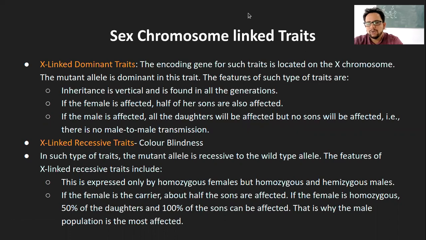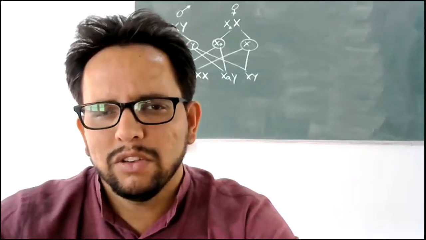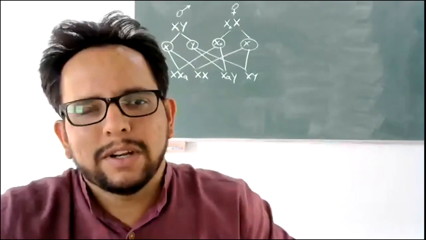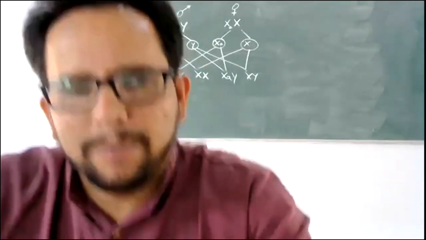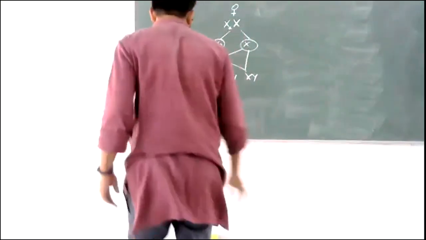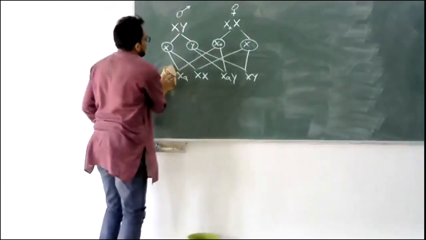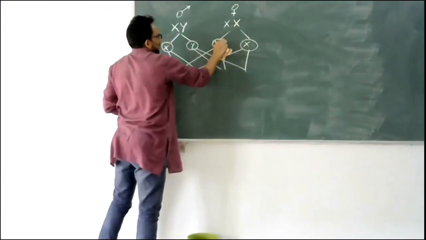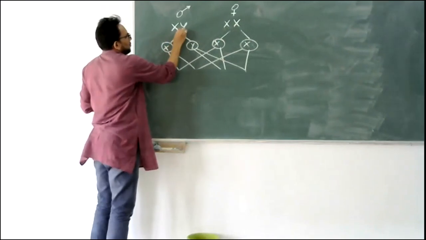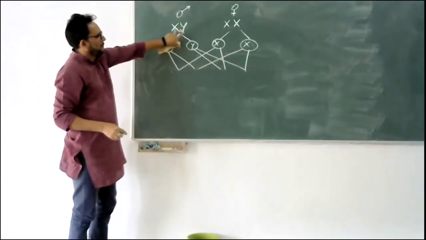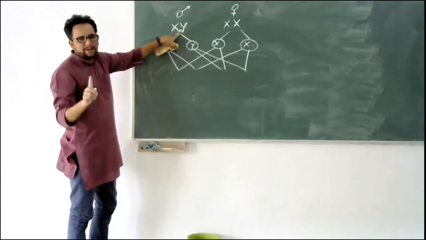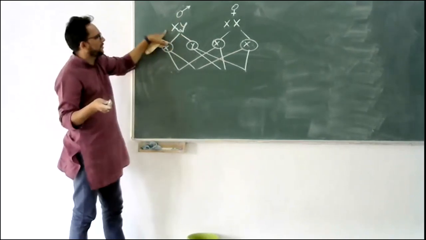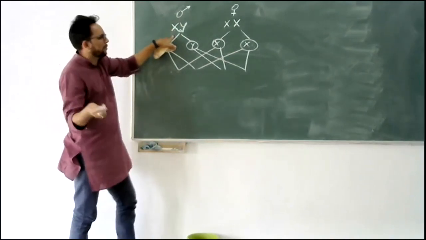I guess I should show this to you on the board, so it is more clear. What was the point? The point is, a male is affected and the female is normal. Again, in this case, I will just change it here. The female is normal, right? And the male is affected, right? Affected male, and again remember this is dominant. So even in the case of a male, it will be expressed, because there is only one X chromosome. If it is present there, it is going to express it.